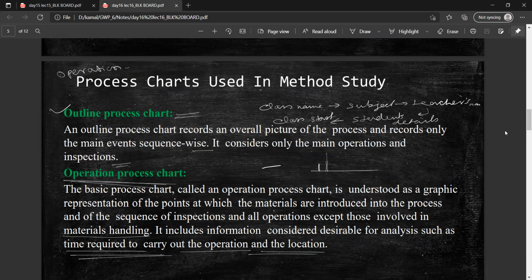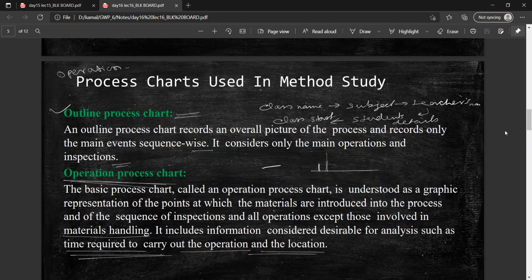We will go for the outline process chart. That is, an outline process chart records an overall picture of the process and records only the main event sequence wise, and it considers only the main operations and inspection. No other steps will be considered in the outline process chart.